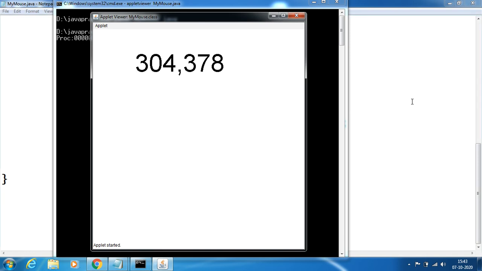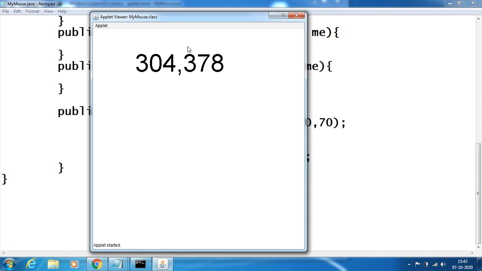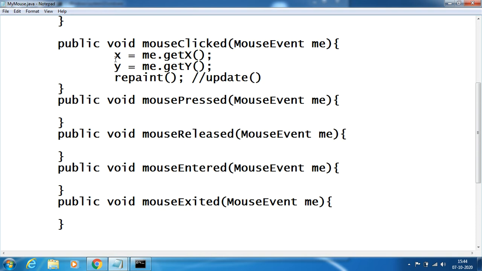This is something like I have given as 120, and 120 is the position in the applet to print the x value and y value of the mouse. Where the mouse is clicked, the value will be changing. I can do a lot of things with this. I can even draw a rectangle with this. Say for example, instead of printing on mouse clicked, when I click on the mouse, it is doing something, right? Again, in the same clicked operation, I just do something different.